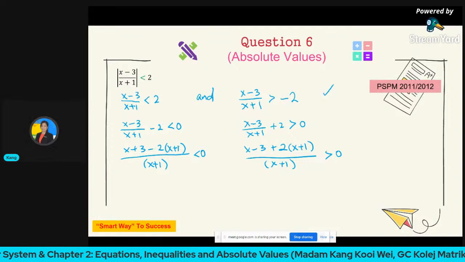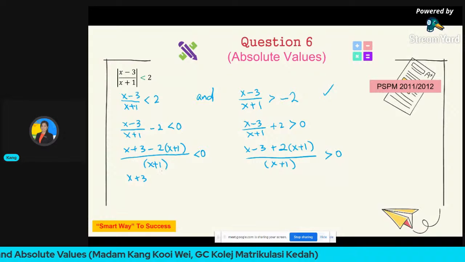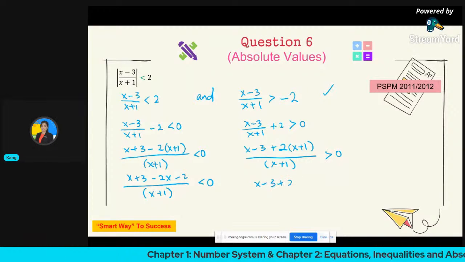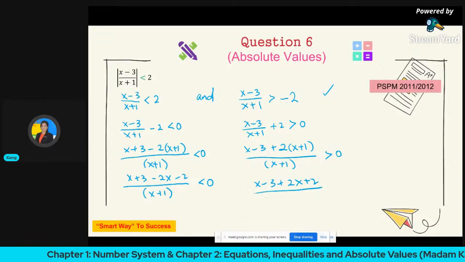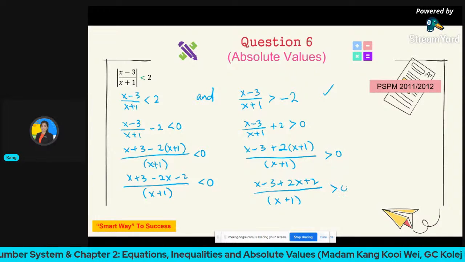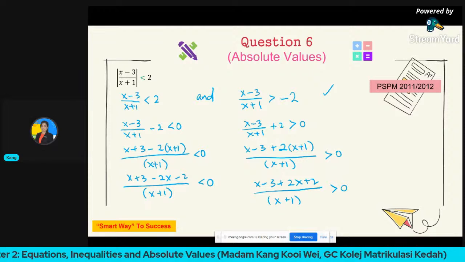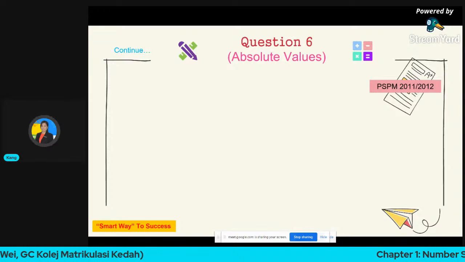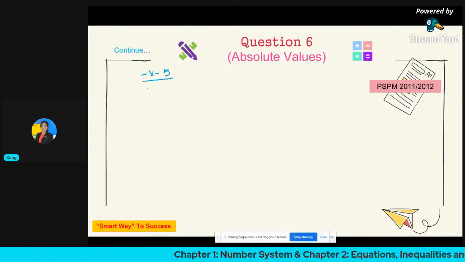Okay, now we need to simplify the numerator. Do the expansion for negative 2 times (x plus 1): negative 2x minus 2 over x plus 1 less than 0. This one, x minus 3 plus 2x plus 2 over x plus 1 greater than 0. Okay, then we need to simplify them. We will get negative x minus 5 over x plus 1